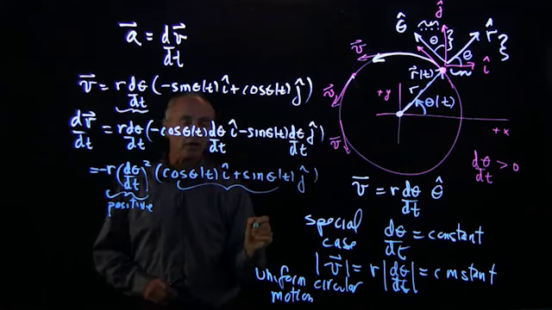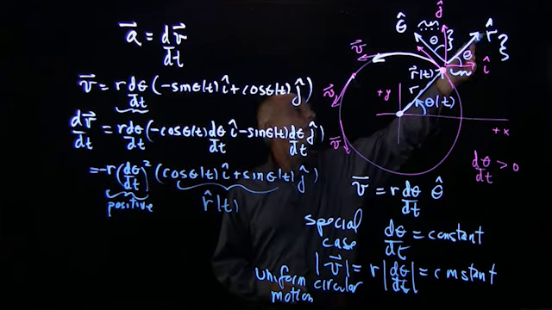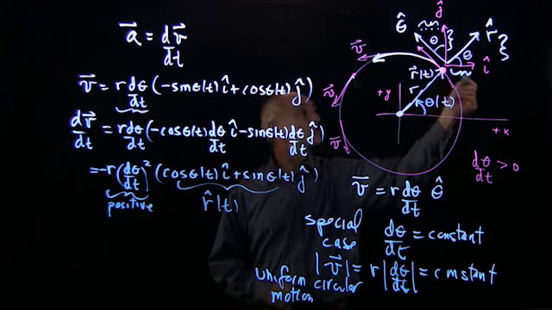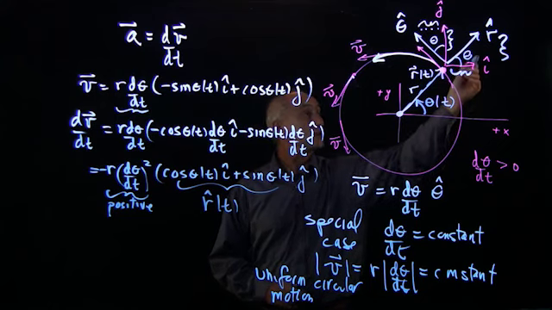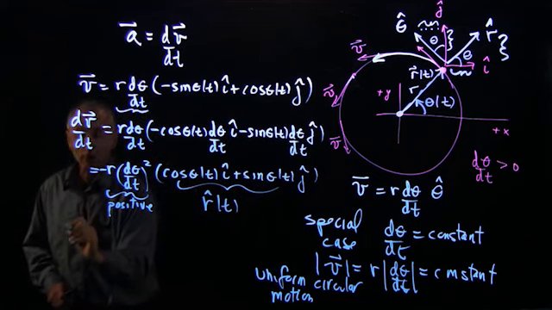Now, what we have here is the unit vector r hat(t). r hat has a cosine adjacent in the i hat direction and a sine component in the j hat direction. So our acceleration